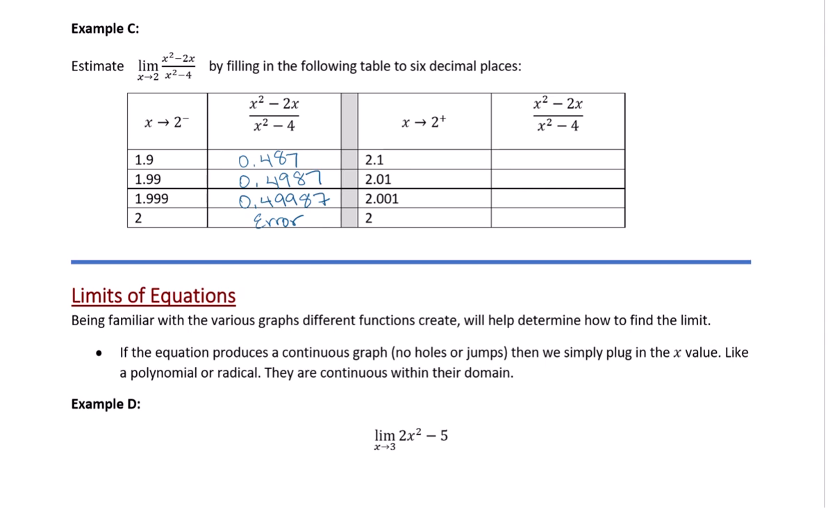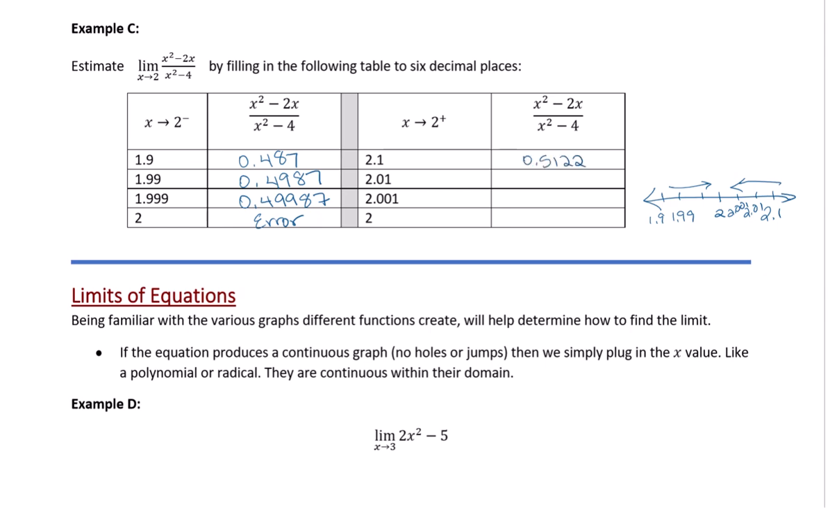On the right-hand side, we're going to plug in values getting closer and closer to 2 from the right. So again, thinking of it like a number line, if this is 2, we would have 1.9, 1.99, or from the right, 2.1, 2.01, 2.001. You're getting closer and closer to 2 for an x. So plugging in 2.1, we would get